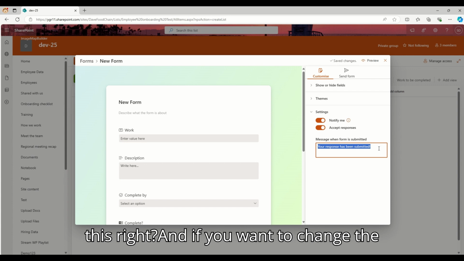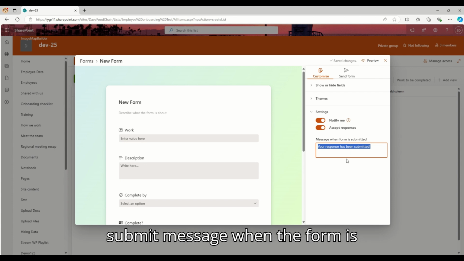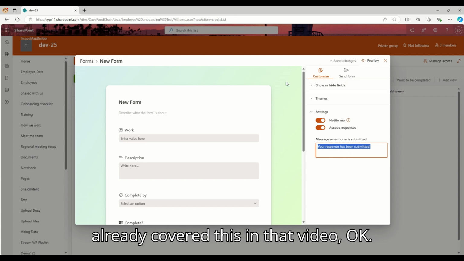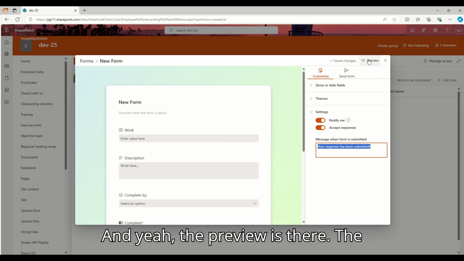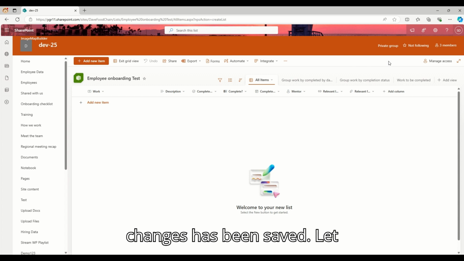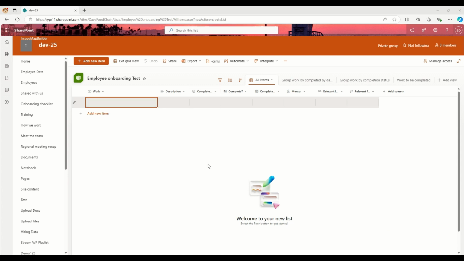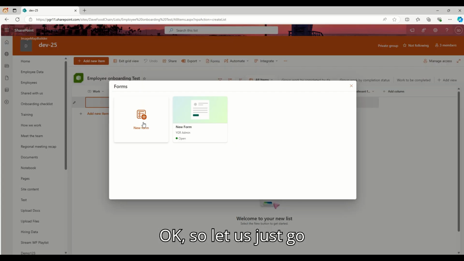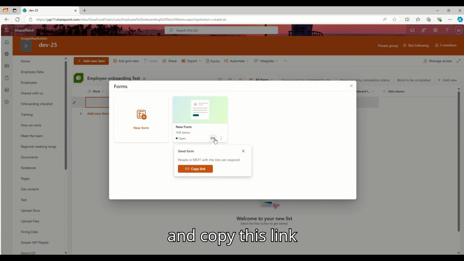And if you want to change the submit message shown when the form is submitted, we can add it from here. We already covered this in that video. Okay. And yeah, the preview is there. The changes have been saved. Okay. So let us just go and copy this link